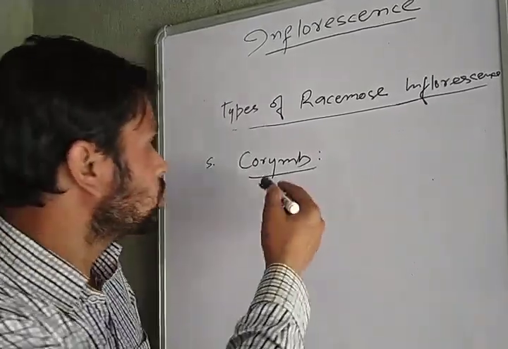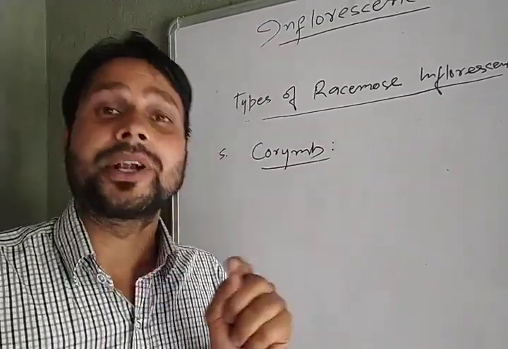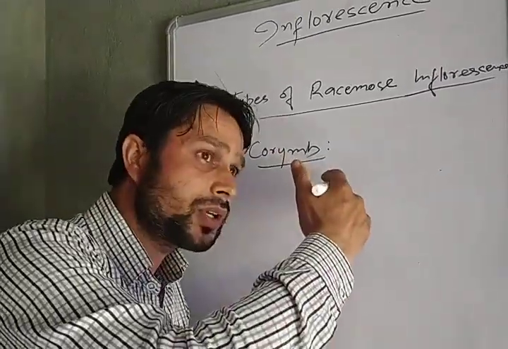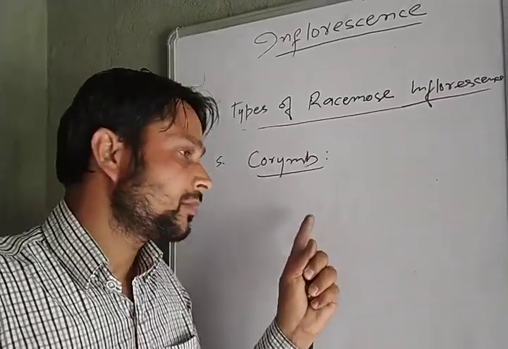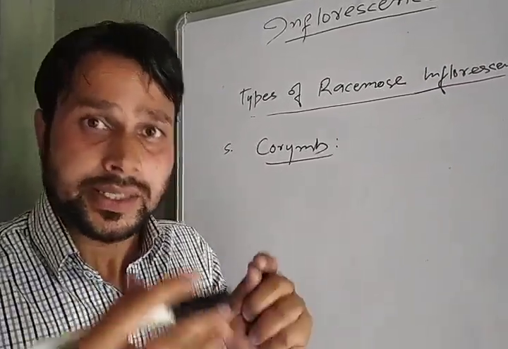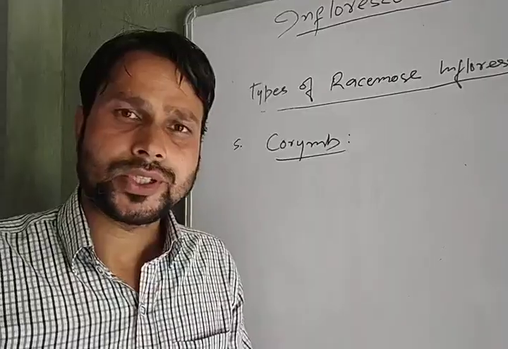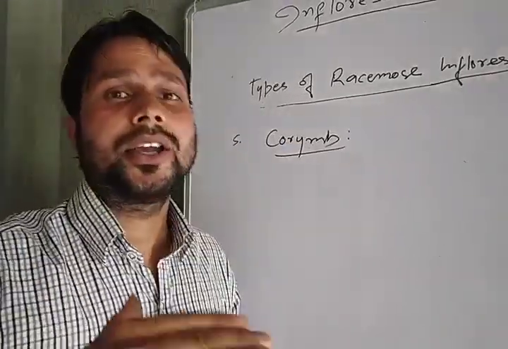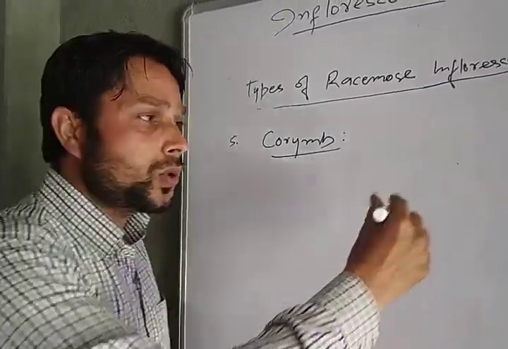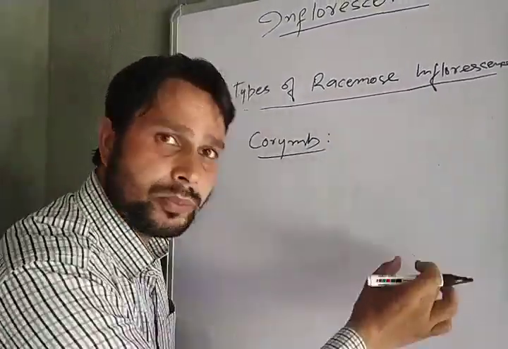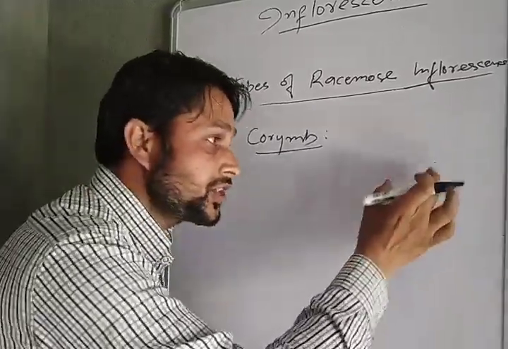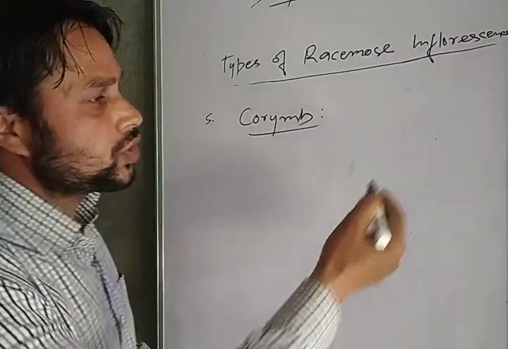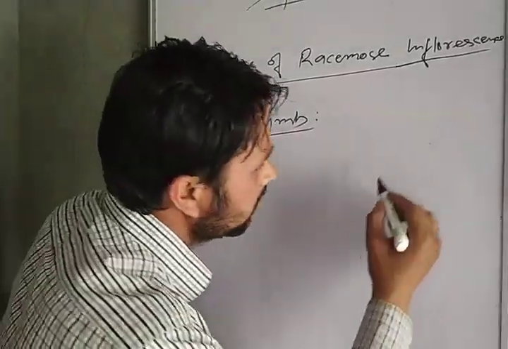floral axis, okay. So in corymb there are pedicellate flowers, and in some flowers the pedicel remains long, and in some flowers the pedicel remains short. That means in corymb type of inflorescence all the flowers reach the same height or same position. Although they arise from the lower portion or upper portion, they change their pedicel length and reach a common position. I will show you in the diagram, okay. If this is the peduncle,